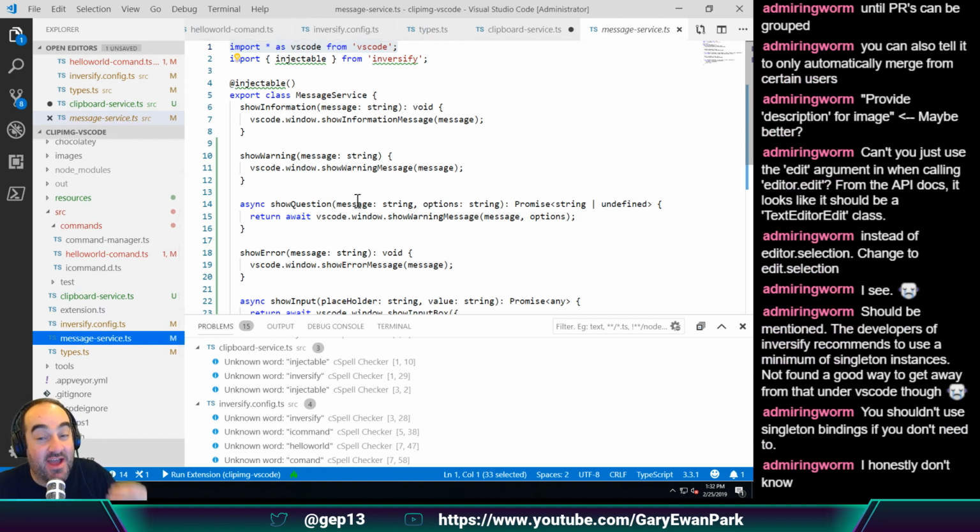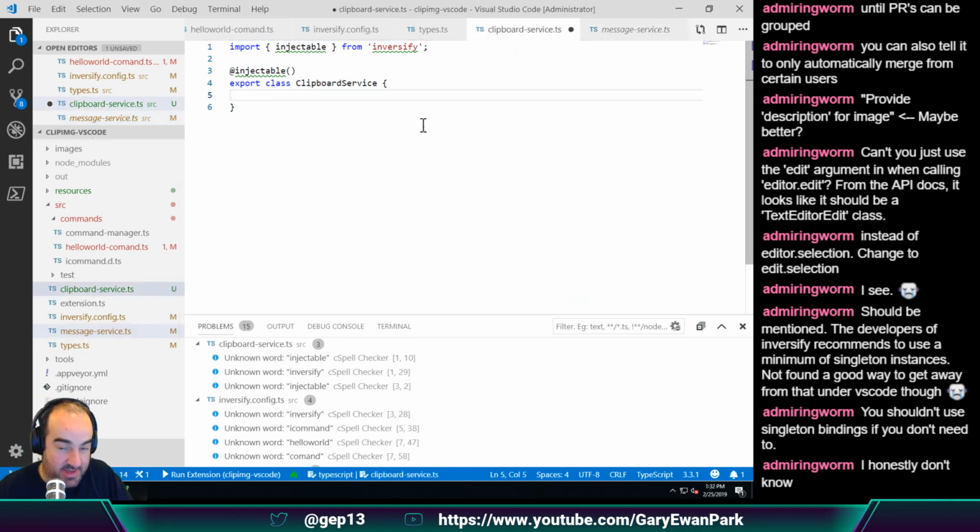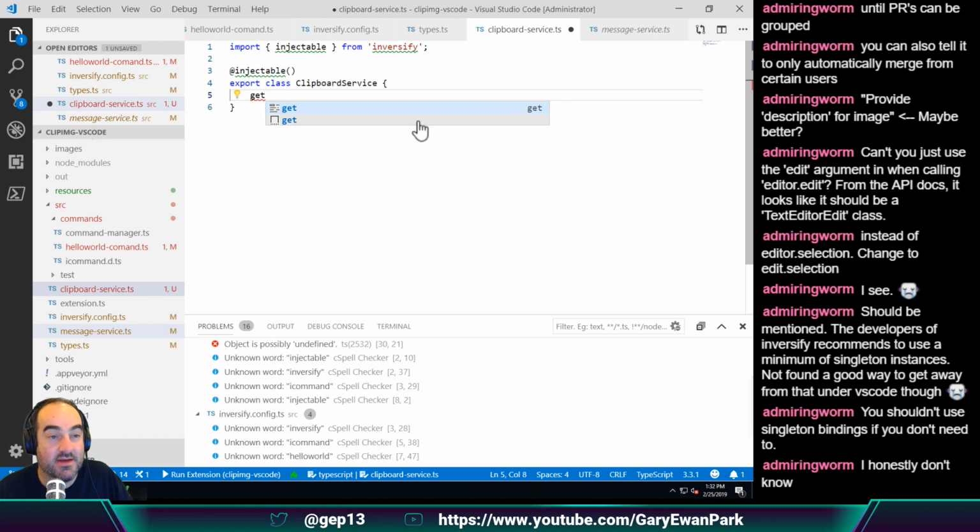So now that I have that clipboard service available, I wanted to do something, and I want it to be able to grab the clipboard contents and save it to a file. So I need to create a function that will do that for us. Okay. So in this service, we're now going to say clipboard service get contents, and save